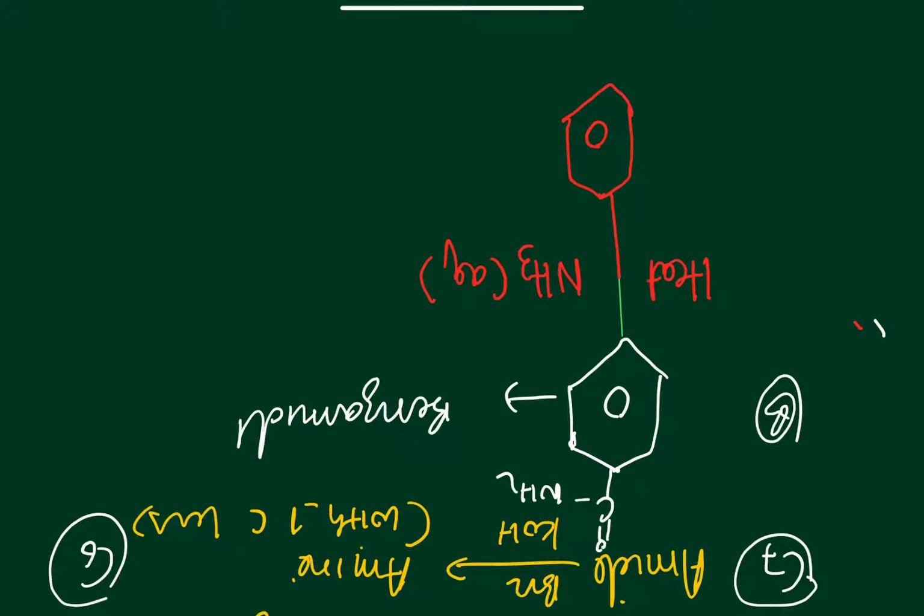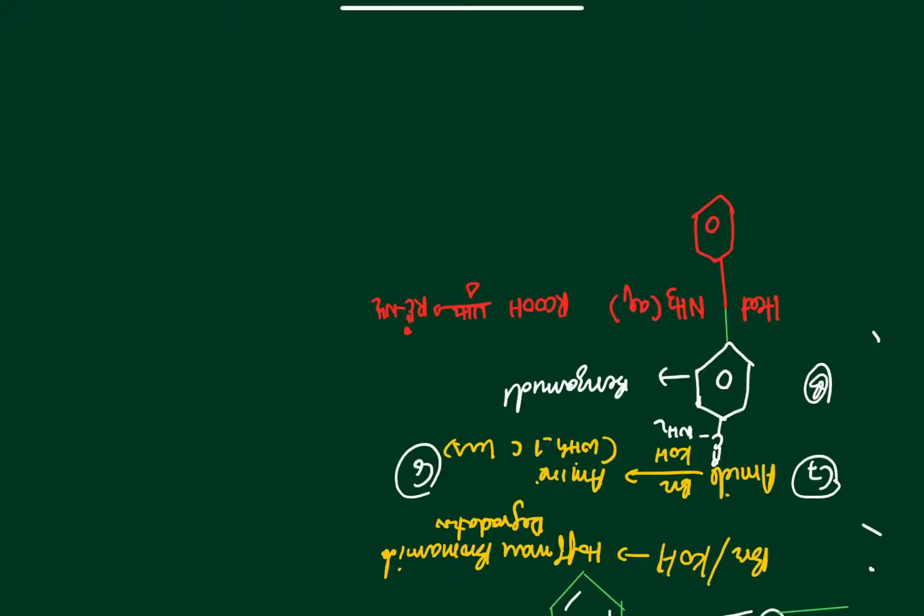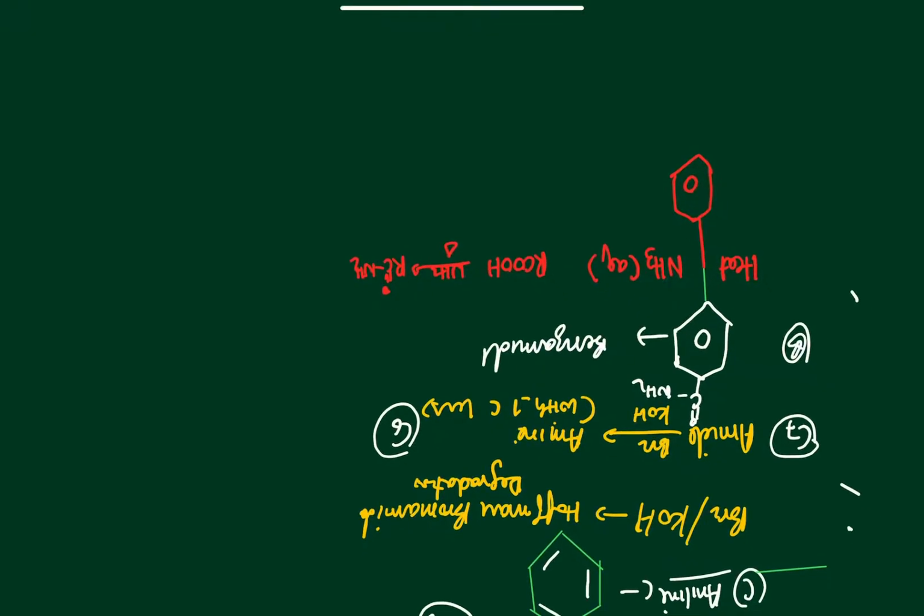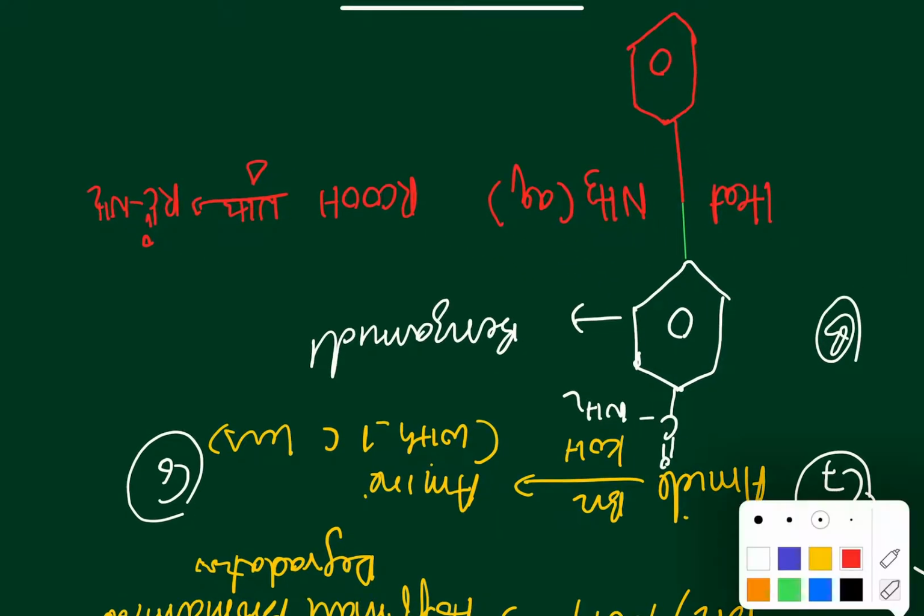Now go back to the chapter of carboxylic acids and realize that you know this reaction: RCOOH, carboxylic acid, when heated with ammonia forms RC double bond O NH2, an amide. Carboxylic acid can be converted to amide by heating in ammonia. Easily we get the amide. So this has to be a carboxylic acid with the same carbons because carbons are conserved here. So which carboxylic acid can it be? It's simply going to be a benzoic acid.